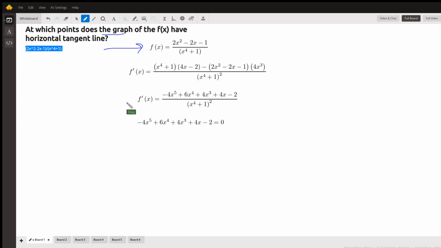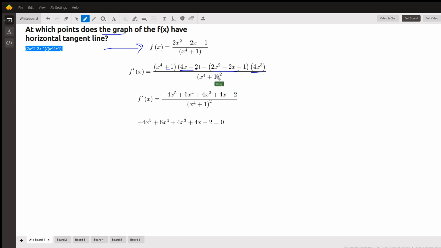That's the easy part, finding the first derivative. Finding out when the first derivative equals 0 is not so simple. But let's just go over the quotient rule. Denominator times the derivative of the numerator minus the numerator times the derivative of the denominator all over the denominator